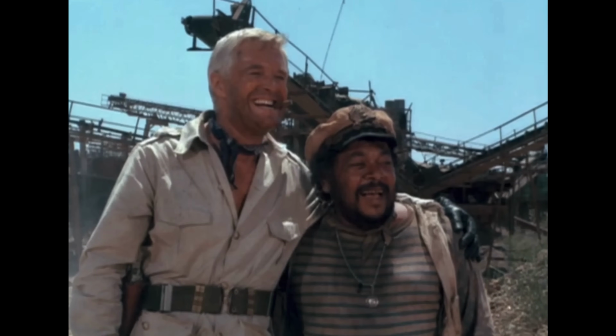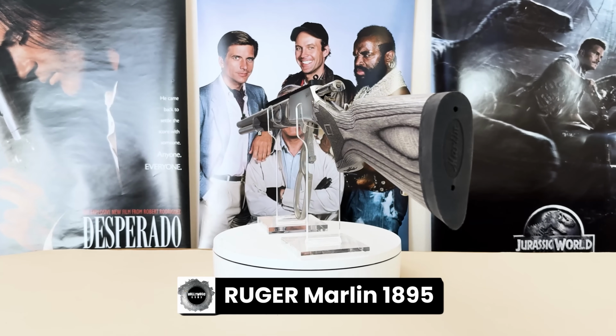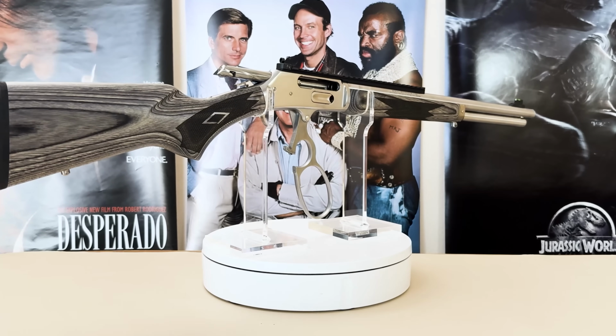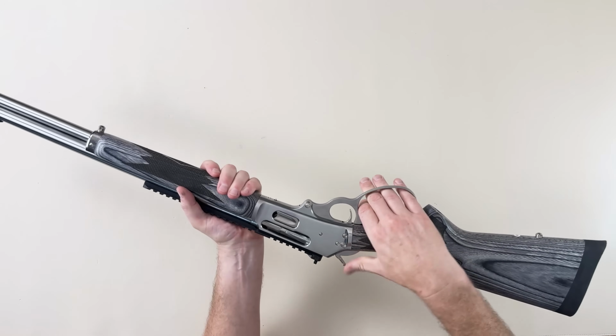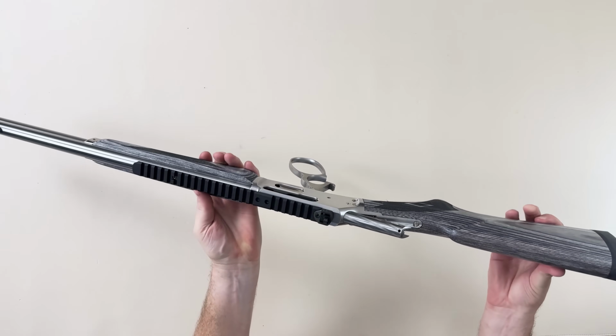And that is almost a wrap. But wait, there is more. Back in late 2020, Ruger acquired the venerable American rifle manufacturer Marlin, who can trace their roots all the way back to the late 19th century. John Marlin began making firearms in the 1870s, and the company became famous for lever-action rifles that rivaled Winchester through